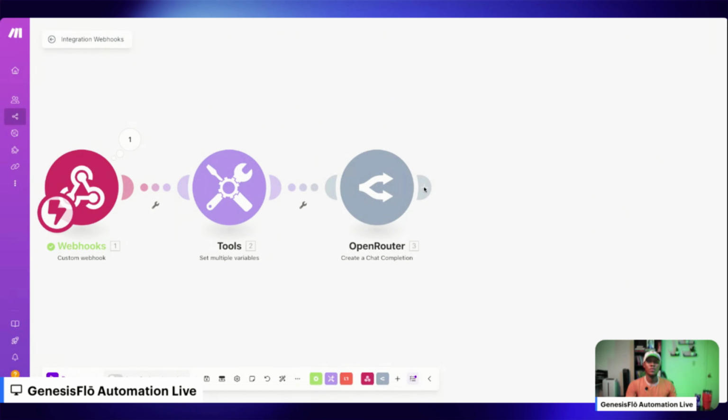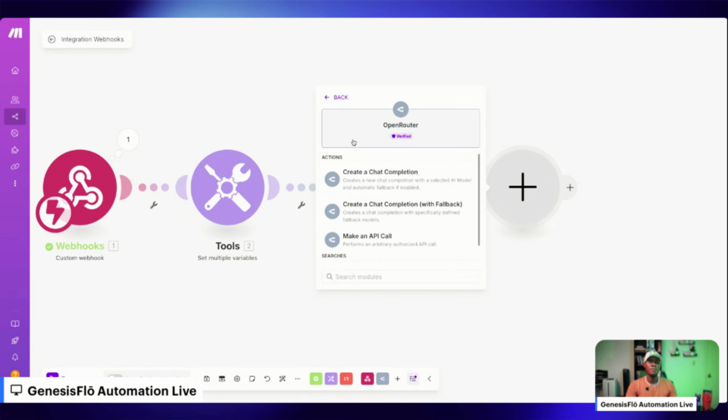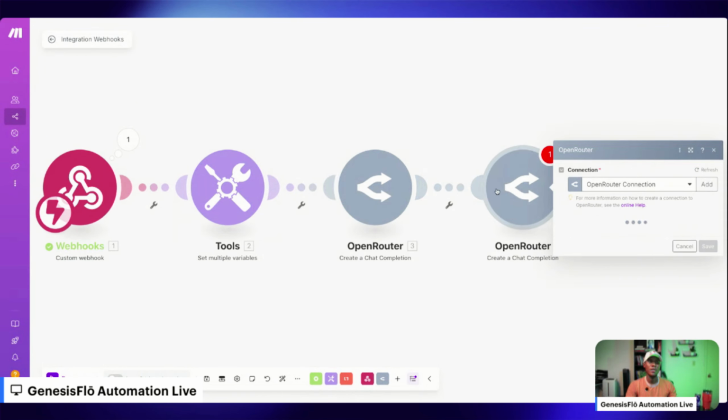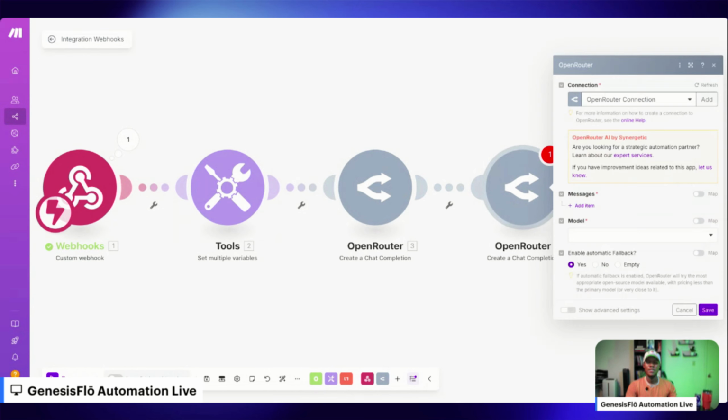And in order to do that, because obviously you're a consultant and this is a consulting company, we want to present a proposal for what they're saying. So we're going to use Open Router again to be able to create that proposal. So let's go back here, use Open Router, another create a chat completion. And again, you will find this prompt in the